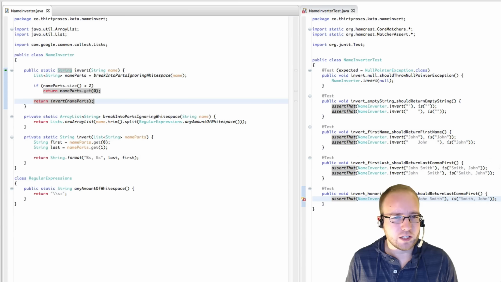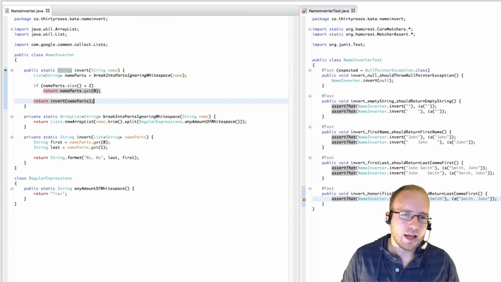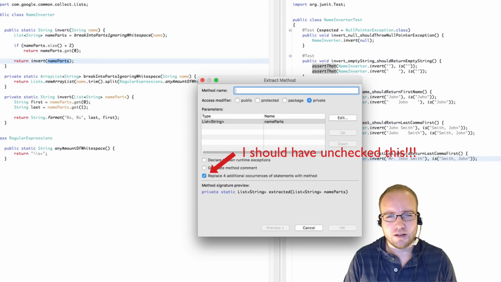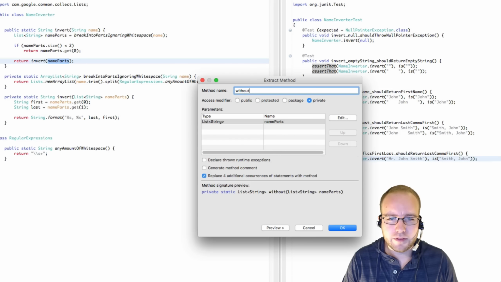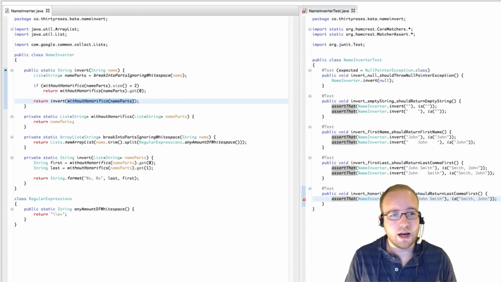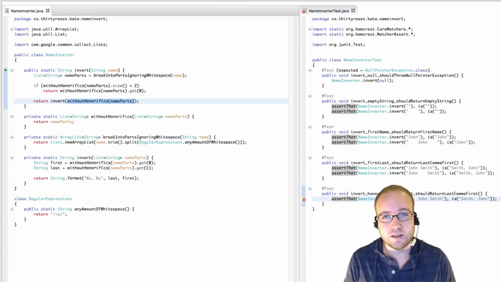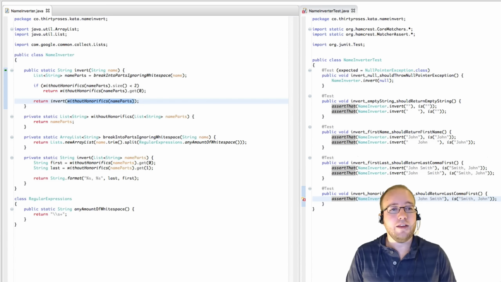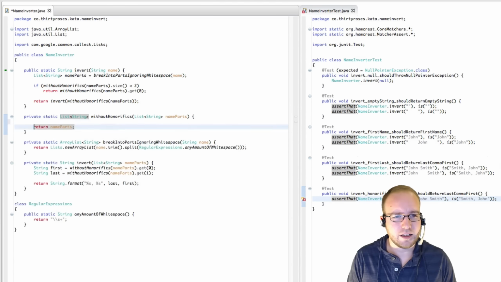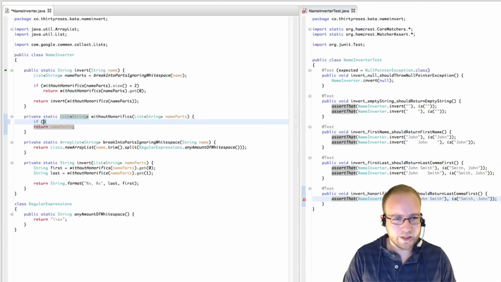Like that. All right, so obviously that doesn't work. So how are we going to make this change? Well, I think what I'm going to do is wrap this in a method call called without honorifics. And what that's going to do is check to see whether this name parts list includes any honorifics. And if it does, we'll just take them out of the list. We'll just drop them. And then the rest of the program should work the same as it did when there were no honorifics in the input string. So how are we going to tell if there's honorifics? Well,